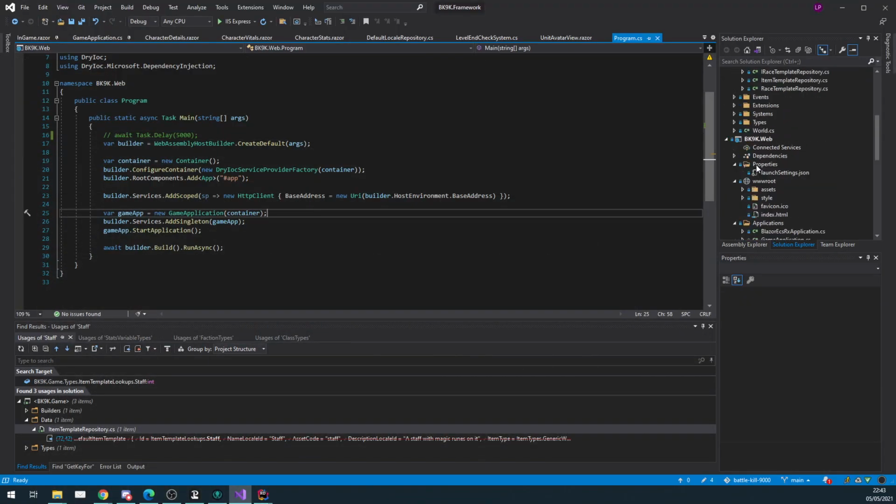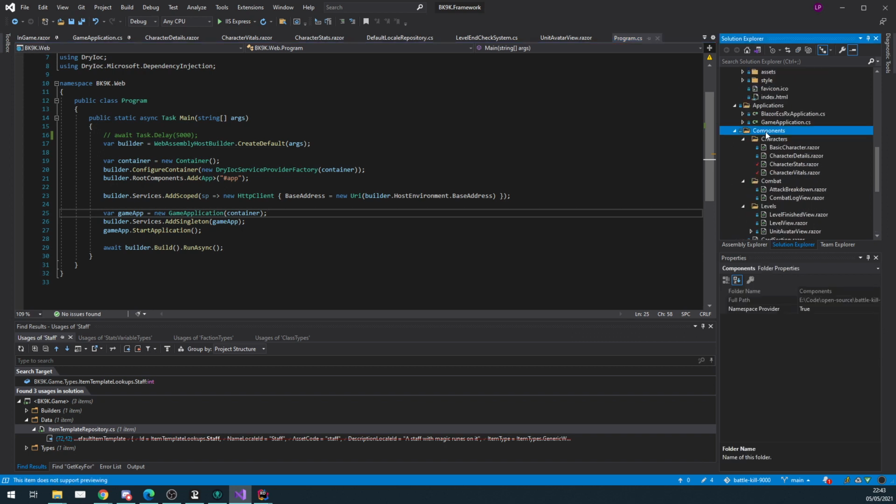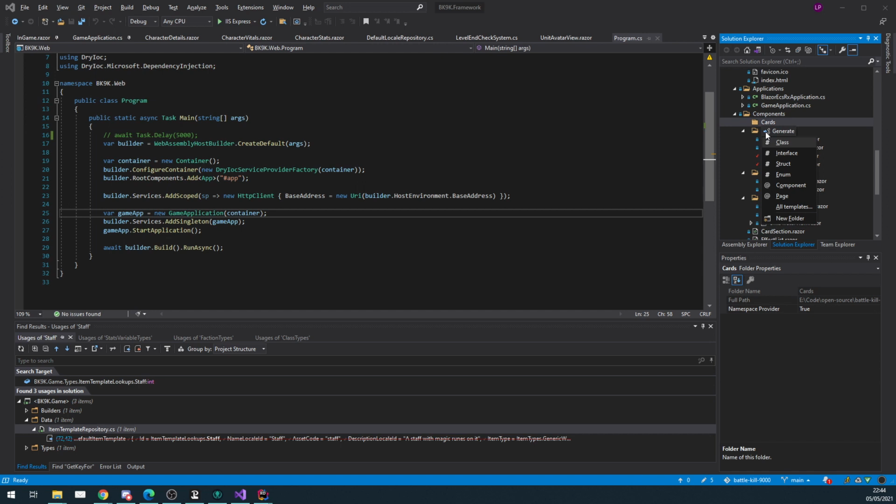Right, so let's make a basic component which is actually going to be the card style thing. Components. I imagine we have quite a few things to do with cards here. Because if we have cards for